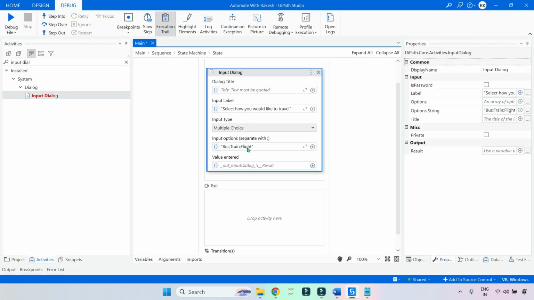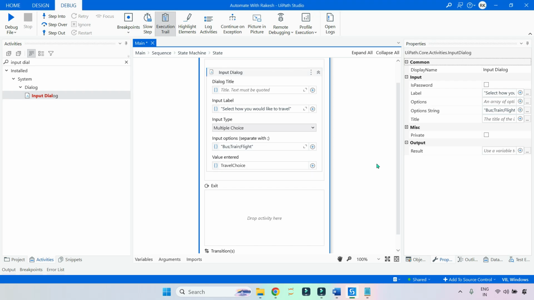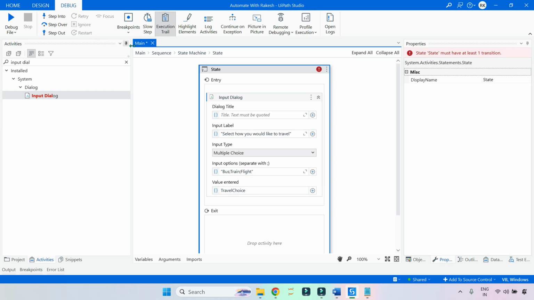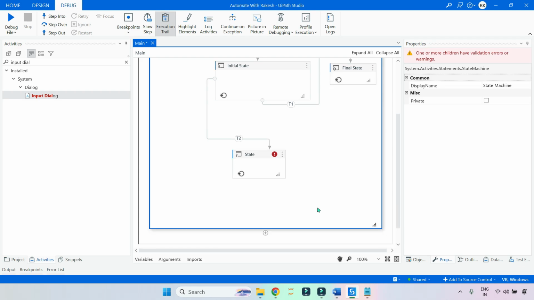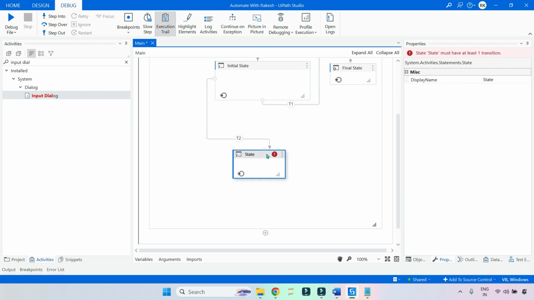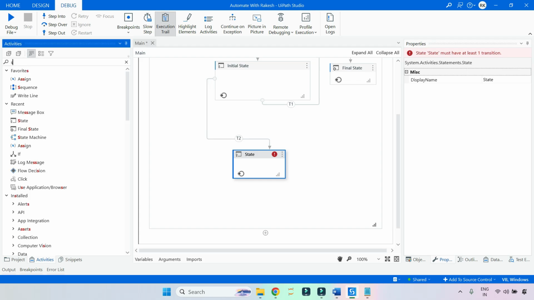Whatever value he selects should get stored in a variable. I'll create a variable called travel choice. Done. Pretty simple. Now let's see if this is working or not. And then if he has made a selection, let's say he wants to go through bus,